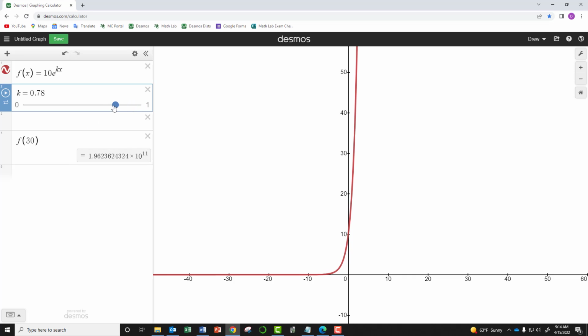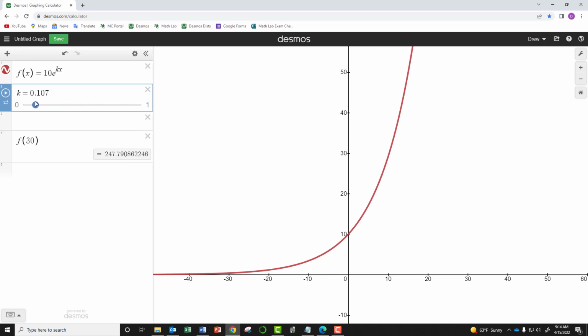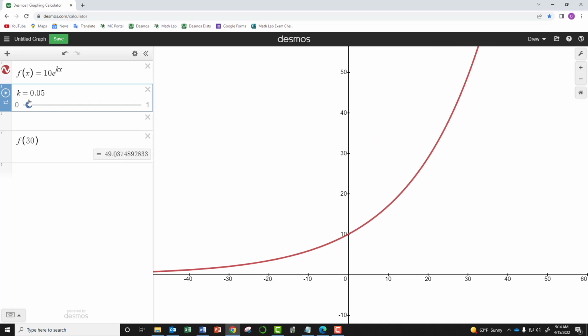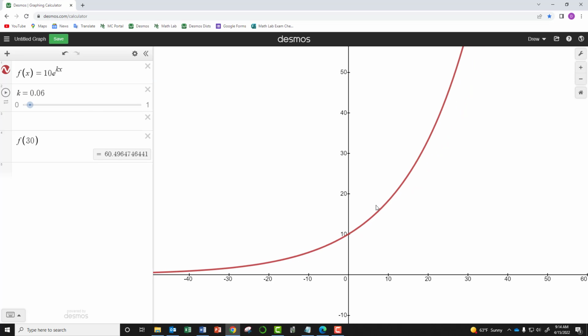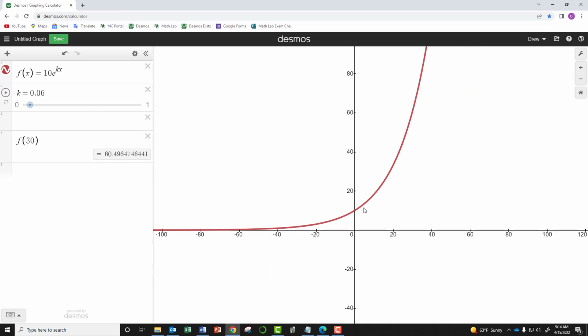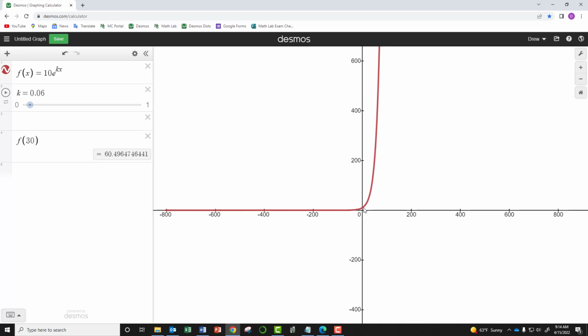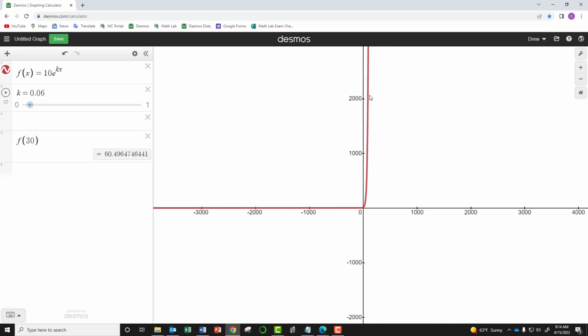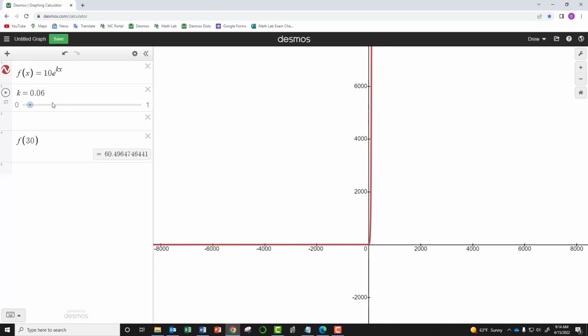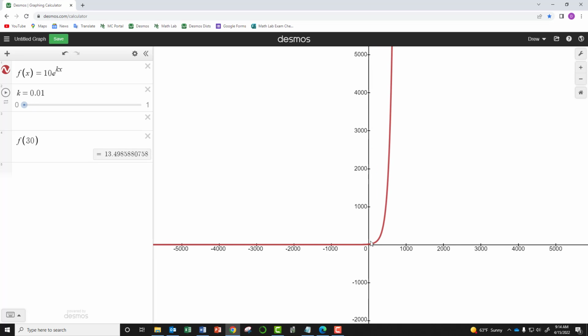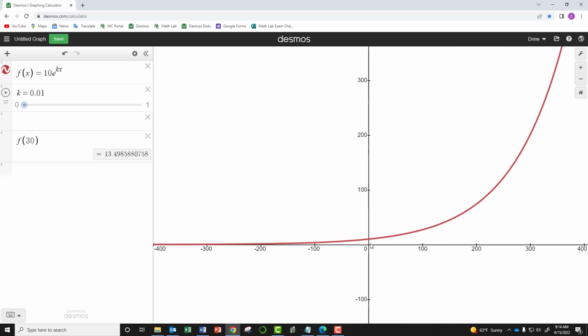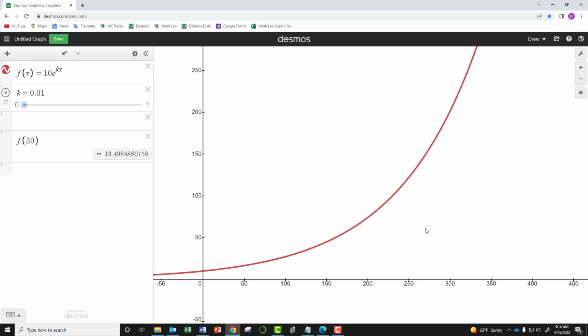And if I lower that k, I'm saying that the crawfish are reproducing not as quickly, well then maybe my curve isn't quite so steep, right? Maybe it just looks like this, which would be a much better curve for an invasive species. And yet, as is the nature of all endangered species, even if they reproduce relatively slowly, like if I set the k value as 0.01 and make this slope as gentle as I can,